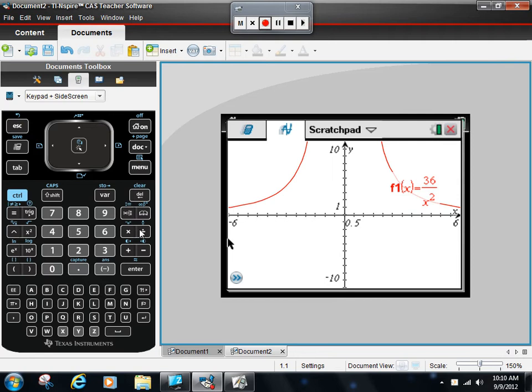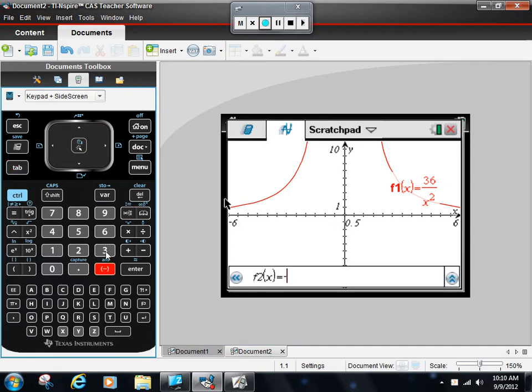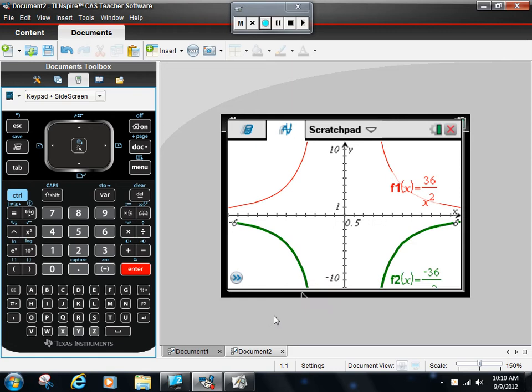Okay, this is an inverse square curve. Okay, if I graph y equals negative 36 over x squared, let's find my graph here. Negative 36 over x squared in the same window. We're in green now. Okay, an inverse square curve looks like a volcano. My students always call it the volcano graph. It is the inverse square graph, and the symmetry is